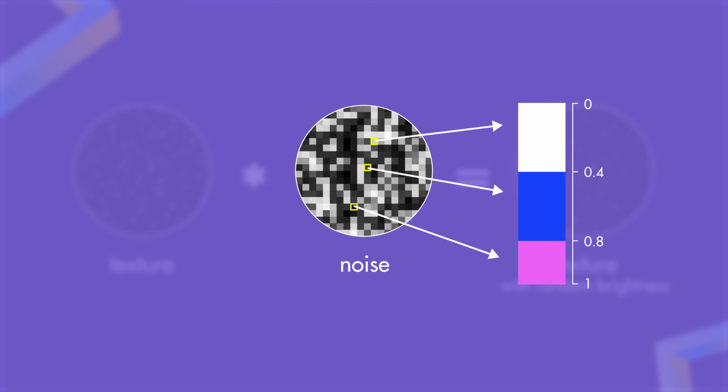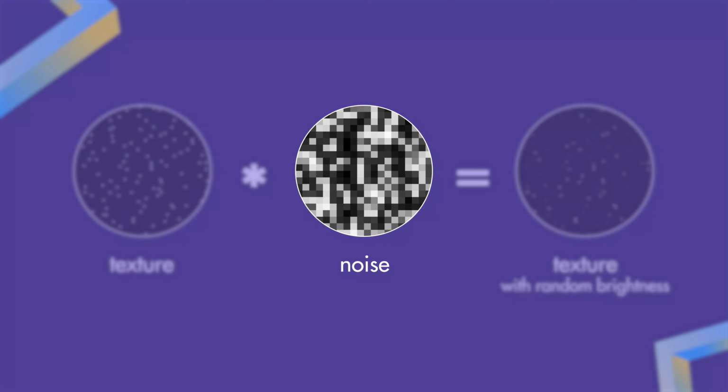This creates a more natural scattering of stars with random dimming that makes the formations feel less uniform. We'll also use noise to assign random star colors. For example, we can split the noise values into 3 ranges, each corresponding to a different color. I chose white, blue, and pink to match the vaporwave aesthetic. In a way, the noise acts as a color selector for the stars. Pretty neat, right? First we use the noise to control brightness, then leverage it again to introduce color variation.